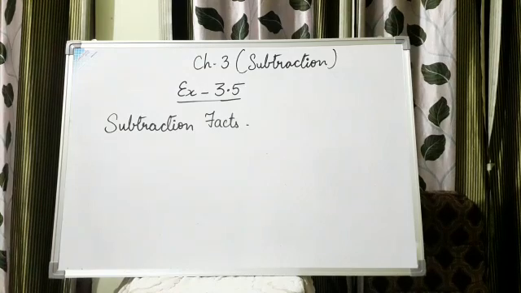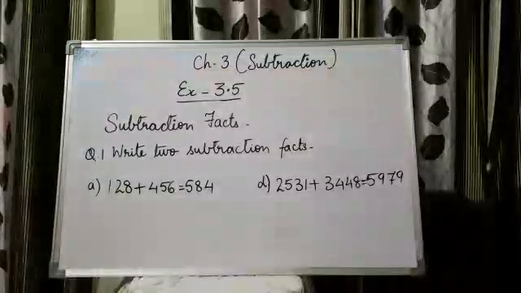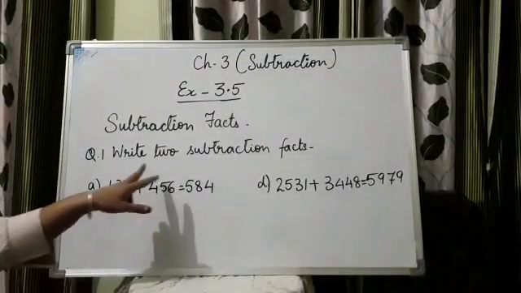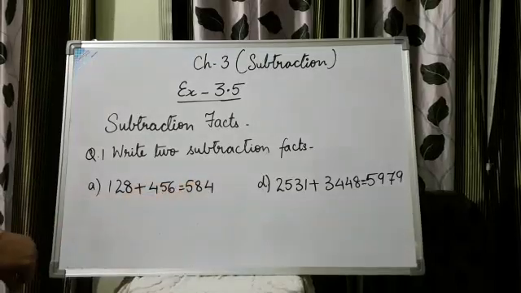Say, if you have two addends to be added, you get an answer or the sum out of it. With two addends, you get one sum. With the help of the sum, you can make out the subtraction facts. Today we will learn how to take out subtraction facts from a given addition fact. Here, with one addition fact, we are going to make out two subtraction facts.